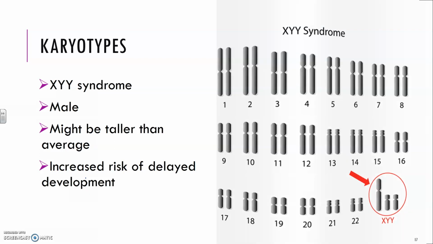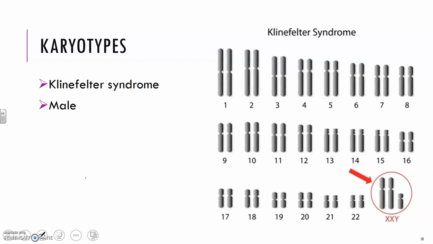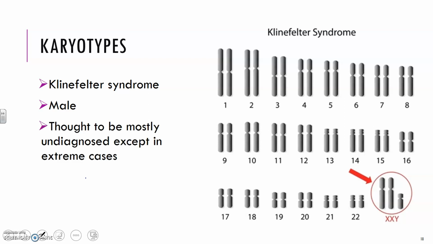Okay, so, all right, what do you see here? You have an extra X. So this one is called Klinefelter syndrome. This is male, because you have XXY, so you do still have that Y. So thought to be mostly undiagnosed, except in extreme cases. Might have delayed puberty, again, because you have those two X's. Some of the signals get a little bit weird with the hormones and all of that kind of stuff. But for the most part, because it is mostly undiagnosed, hardly any side effects to having that extra